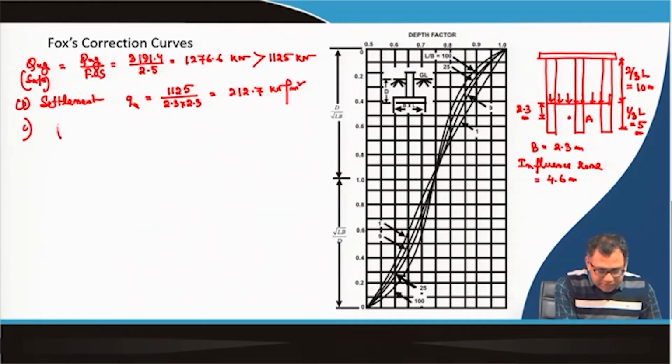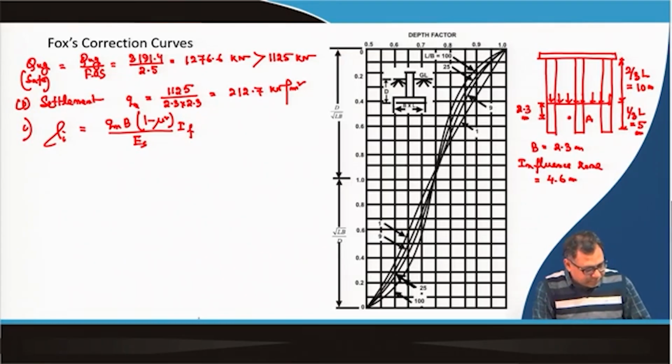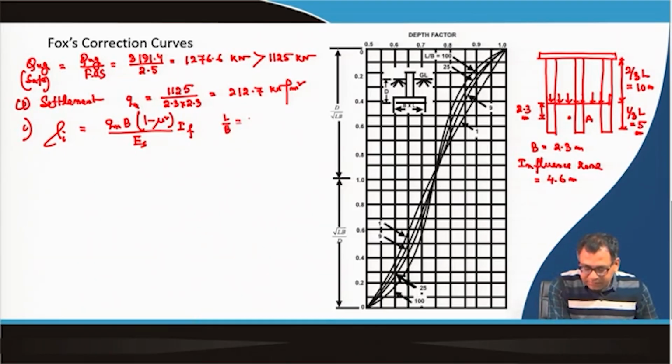So, we will calculate the immediate settlement, which is Qn B (1 minus mu square) divided by Es, and If. Okay. So, for the square foundation L by B equal to 1, that If for the flexible footing at the center is 1.12. So, this is for the center